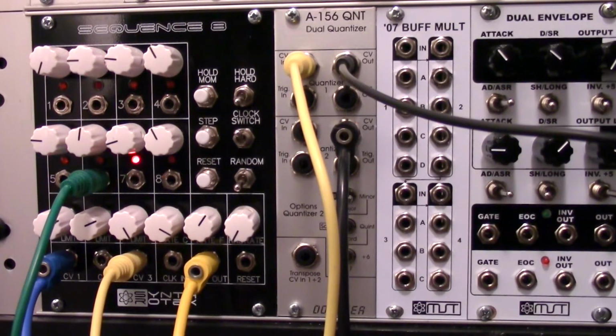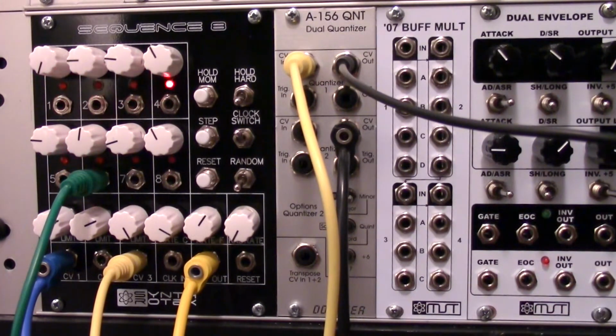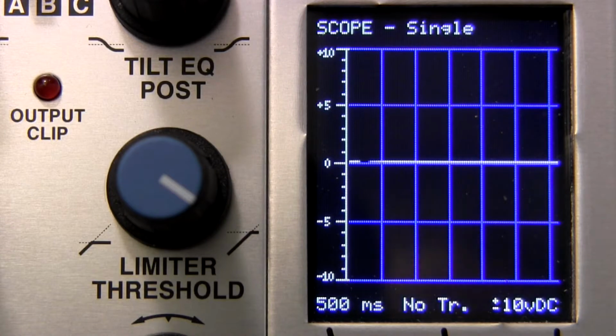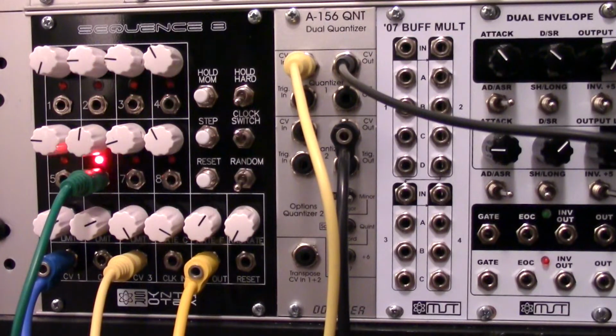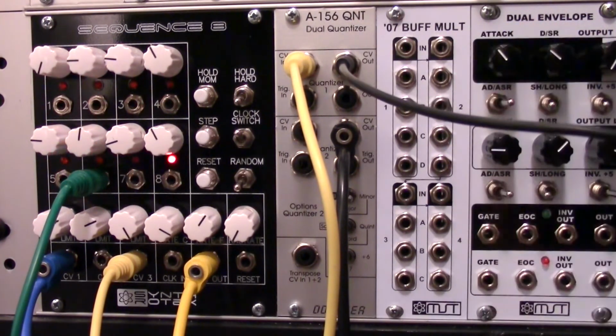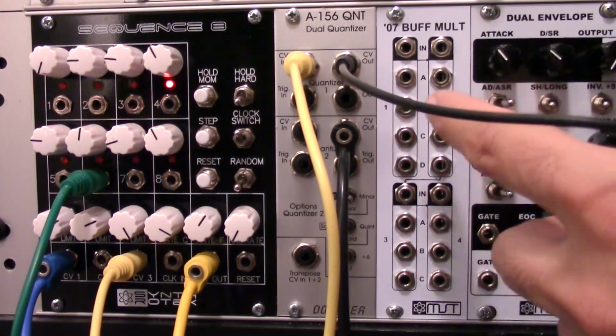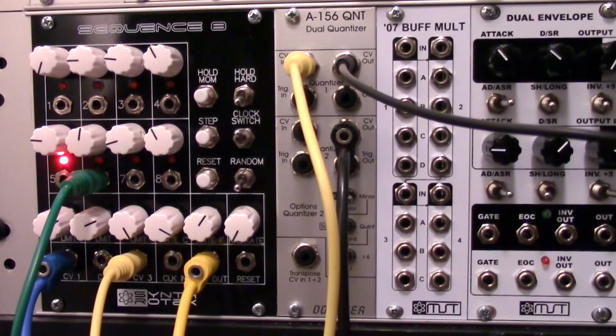I am Raul. If you were with us in the last segment, part 1 with the MST Dual Envelope, you saw us going through the looping envelope mode up at our scope, which is currently vacant. We were seeing how the attack and decay and attack and sustain release will affect the shape of your output CV. We talked about short and long versus AD versus ASR,